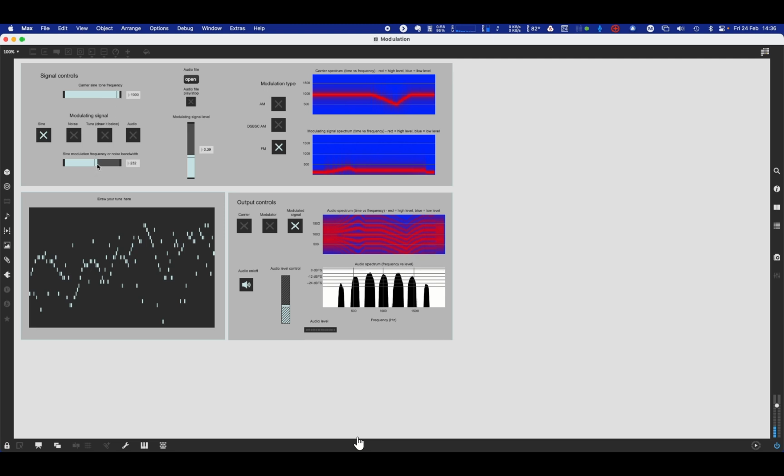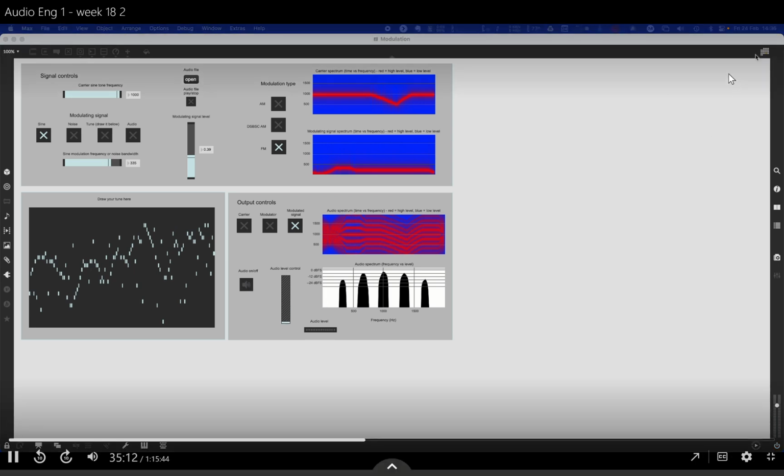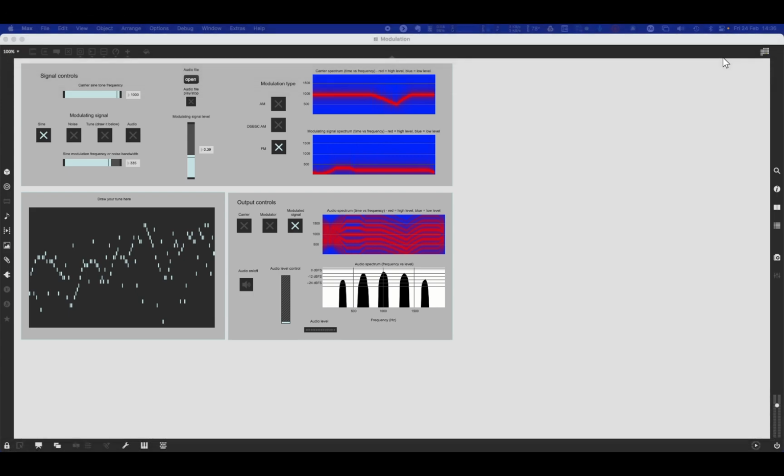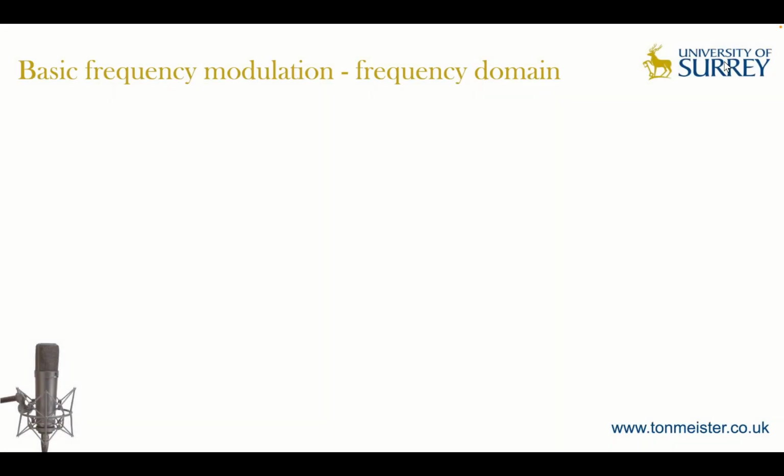And basically, FM is brilliant for making lots of cool noises. Right, I'll stop making cool noises and get back to the lecture. Hence why frequency modulation is something that's widely used, or has been widely used for quite a while, in synthesis. Right then, so we know what the spectral